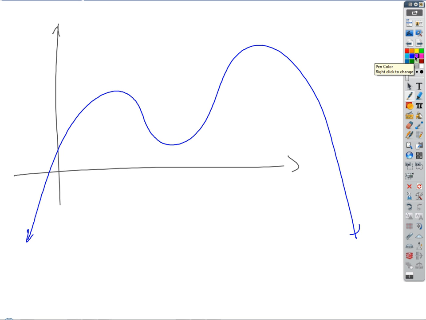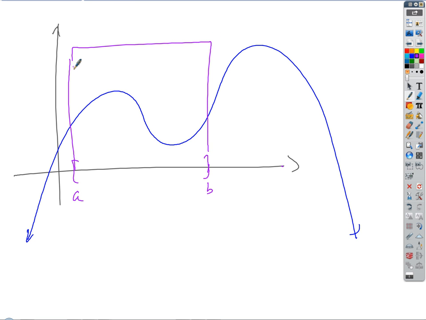Okay, so now let's say we're going to do something else here. We're only going to look at this on a domain that's going to be limited. We're going to go from, we'll call that A, up to, how about B right here. So on that interval, that's a closed interval because I've got the brackets, right? So on this closed interval,